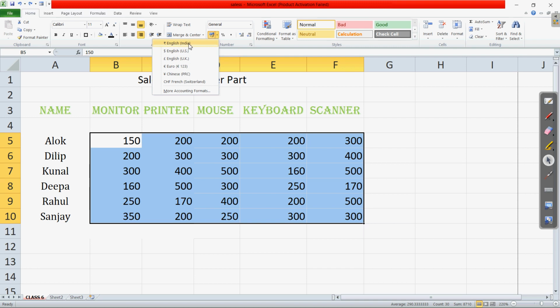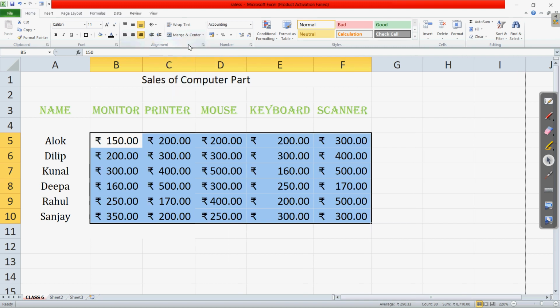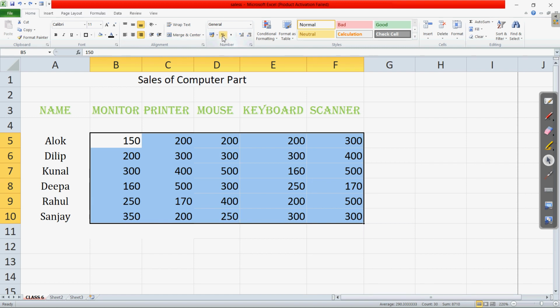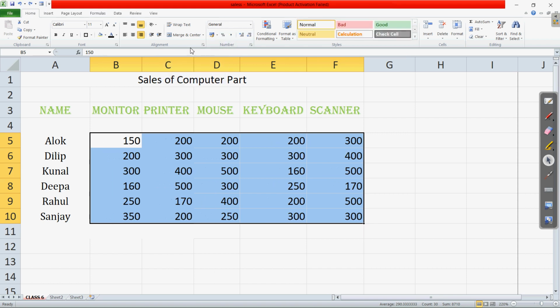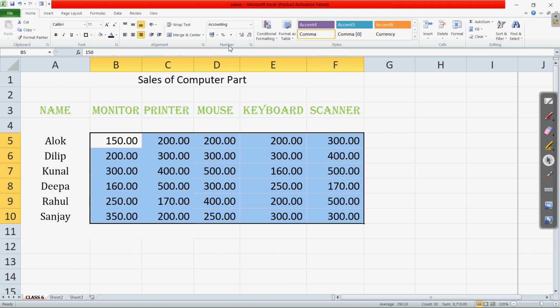Again here also we have the rupee symbol, so this will also add. Then the next is the percentage symbol. If I click on the percentage symbol, this adds the percentage symbol along with all of the values which are given there. Then if we want the comma in between, we can choose the comma style for the separation, comma or decimal according to our requirement.